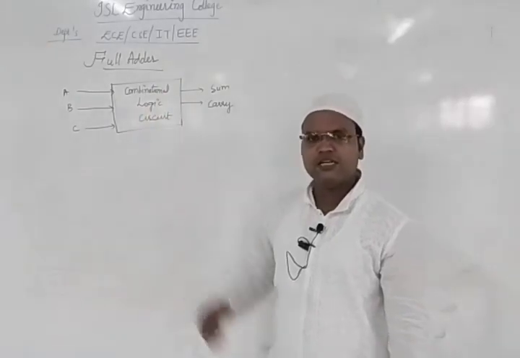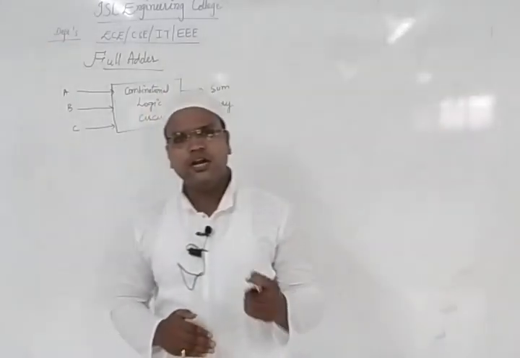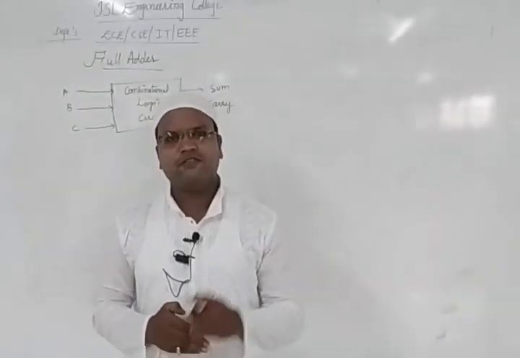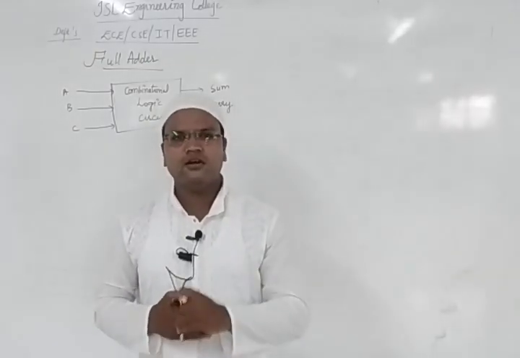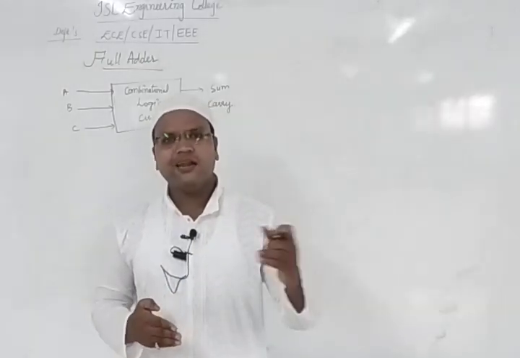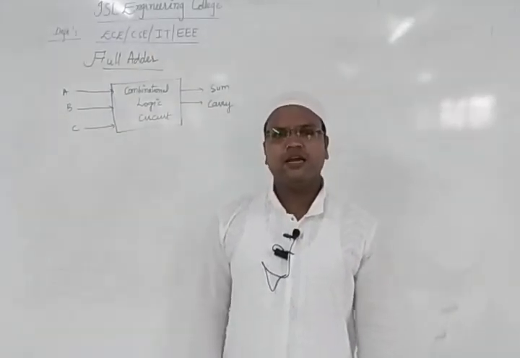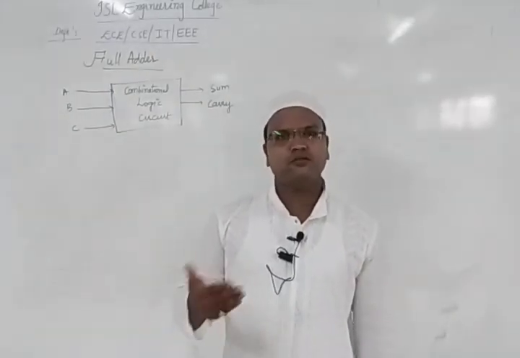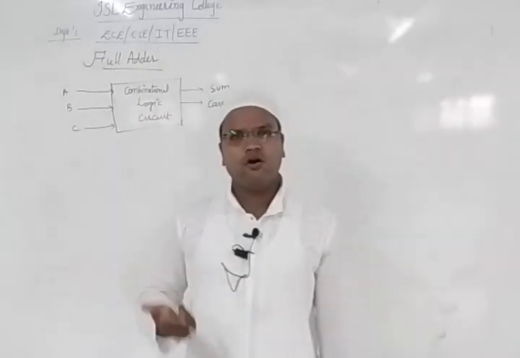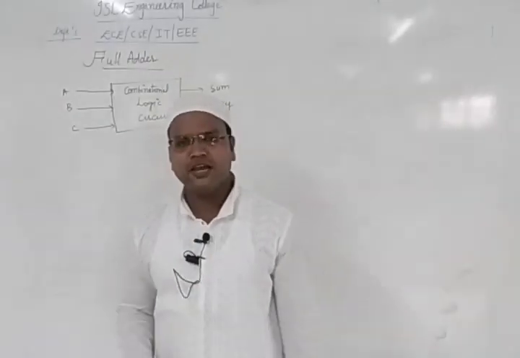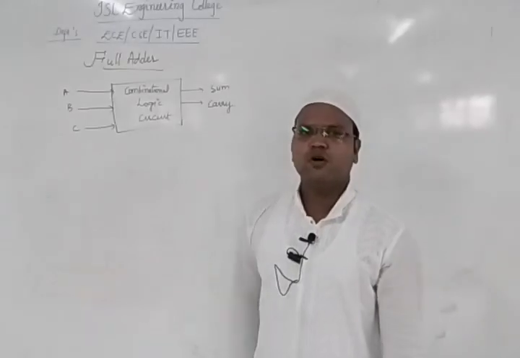What is the next part for designing? We need to write its truth table. After writing the truth table, next we can approach its gate level analysis by using the K-map. Then we will do the gate level design, that is, by using the basic gates AND, OR, NOT. By using these three gates, we'll try to write its function. So how do we write this?